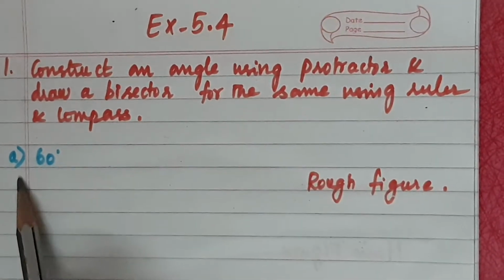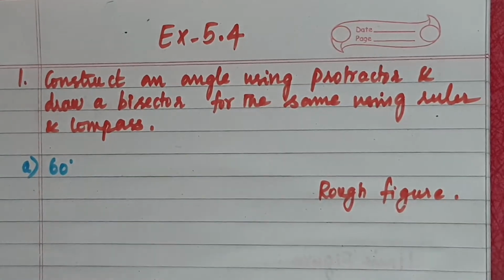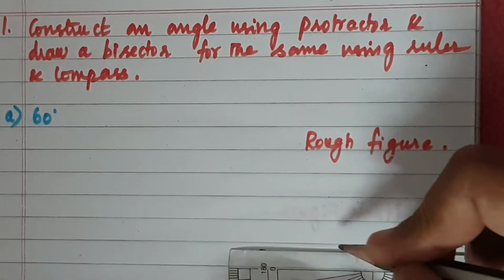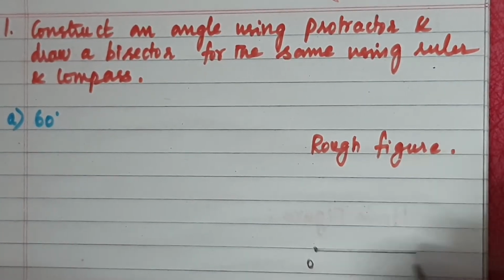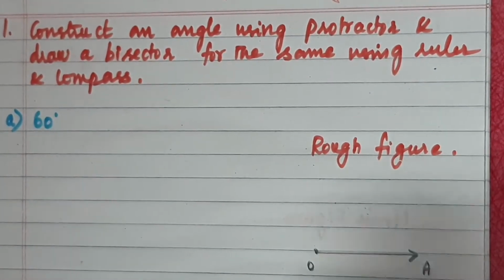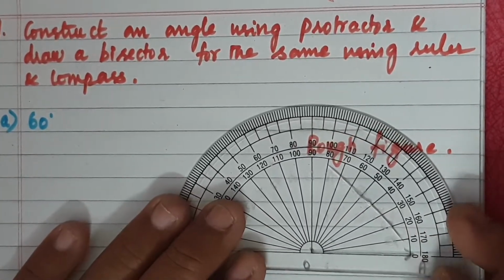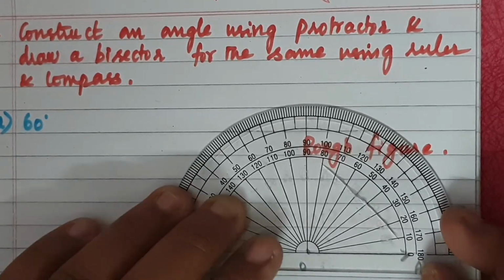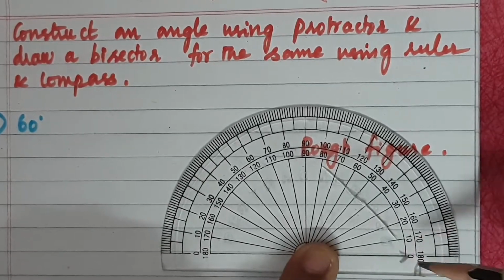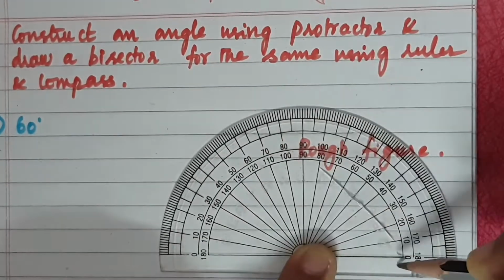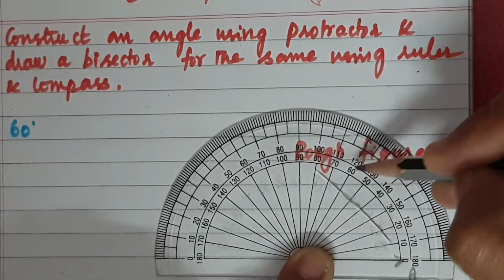See now the question I have written, 60 degree. For 60 degree I am going to do the rough figure. You just draw one small line like this. Okay, and keep the name as O, and this you put ray as A, and keep 90 degree correctly at O, and the pencil line should coincide correctly, and you have to see only the inner measures, because this arrow mark shows this 0 only, not this 0, no. So inner measures. So 10, 20, 30, 40, 50, 60 is here. Okay.